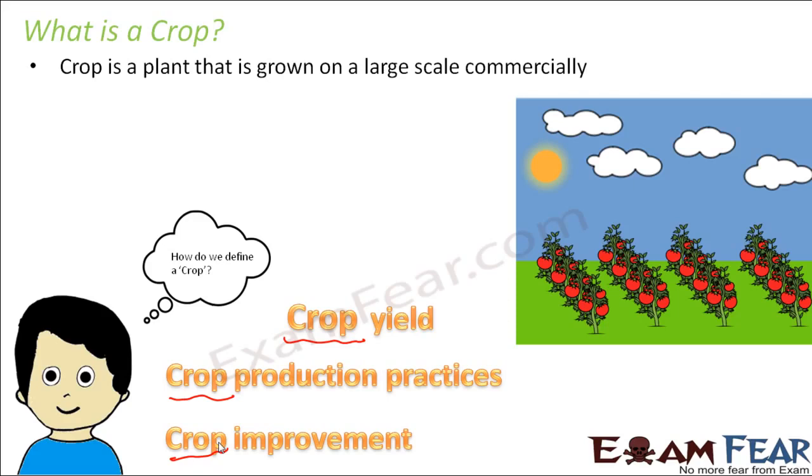Just for your information, the part of the tomato which we eat, the red colored tomato, is nothing but the fruit of the tomato plant. Every plant will have fruits and flowers, which are different parts of the plant. The fruit of this plant is the tomato, which is eaten by us. So we basically eat the fruit of the tomato plant.